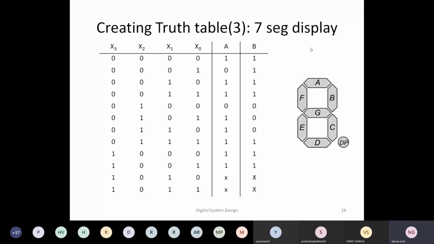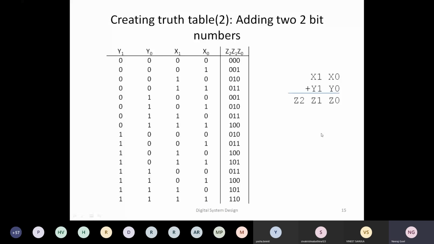Interestingly, this 7 segment can be used to display much more than this. It can be used for some of the other characters like A, B, C, etc. But right now, let's say it is being used to display only the BCD numbers. So here, just like this case, I have to create 7 different functions to see what would be